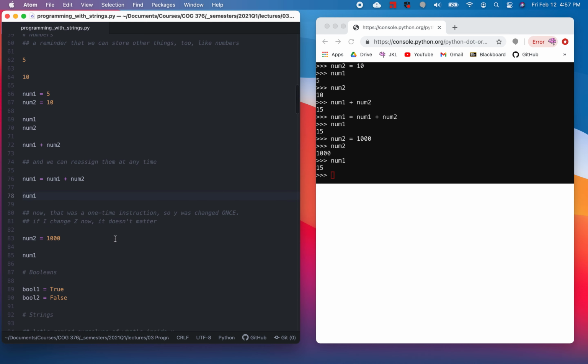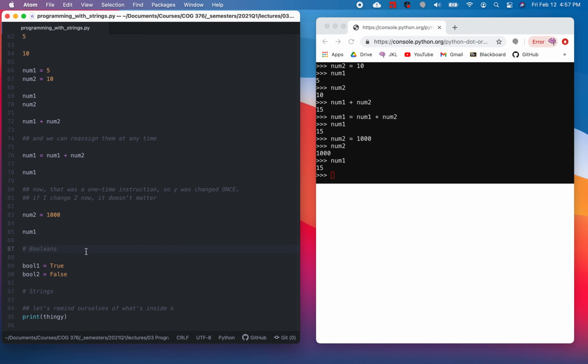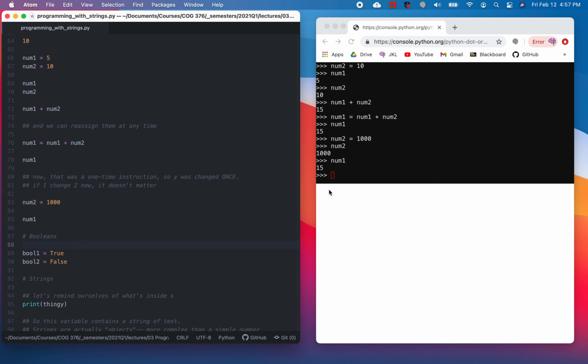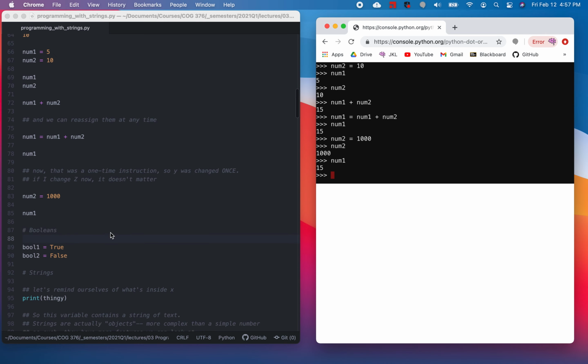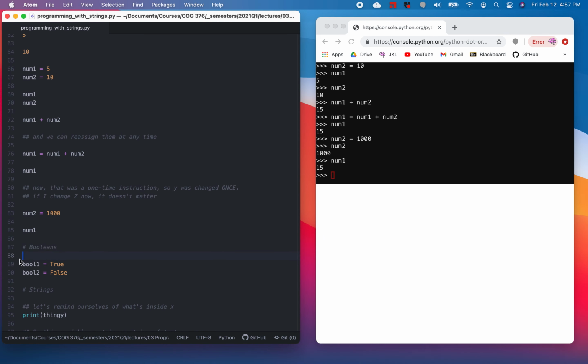So I hope that helps to anchor in place the idea that any variable you have, it's only ever going to get filled with something new when you tell it to. That's an instruction, just like everything we do. So let's do some more things. Real quick, just to show you another data type that's important is